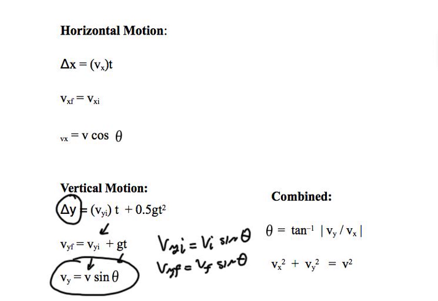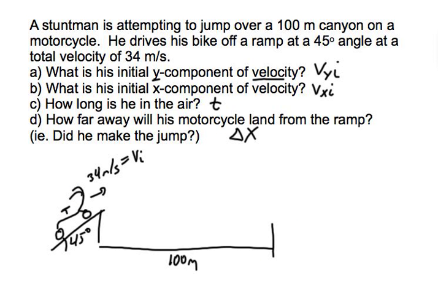I'm going to find how large this vector is. Because if somebody's hitting this at 34 meters per second, what I'm really trying to do, if the angle here is 45, is find what the y component is and what the x component is. And this is where the trigonometry comes in, but I'm just going to let you use the equation. So that means vyi equals v times sine theta. So make sure you're in degree mode when you do this. So sine of 45 degrees, times v, rather, 34. So I get vyi is